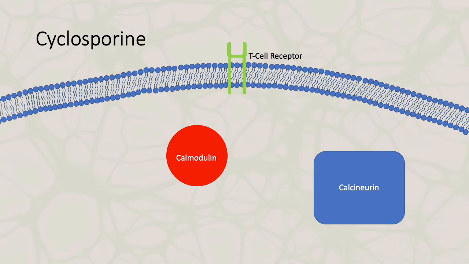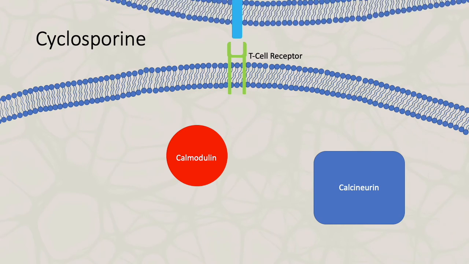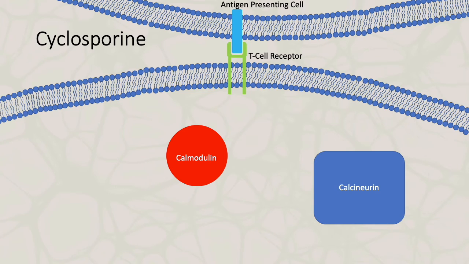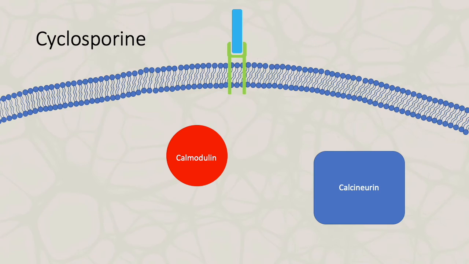Next, we will discuss the mechanism of action for cyclosporine. Before discussing how cyclosporine works, we will first discuss some of the physiology of T cells. Here's a cartoon representation of an antigen-presenting cell binding to a T cell receptor. Once the antigen is bound, this results in a cascade of reactions that end in the release of intracellular calcium